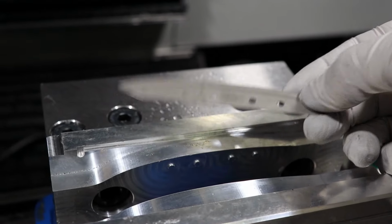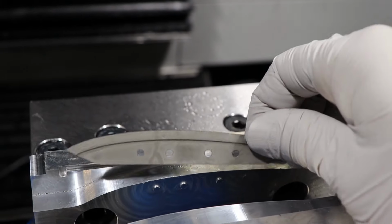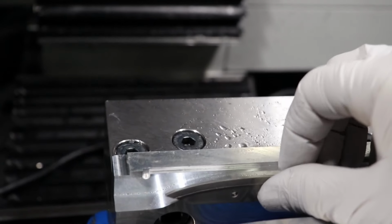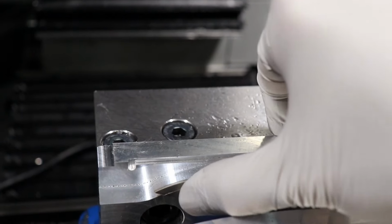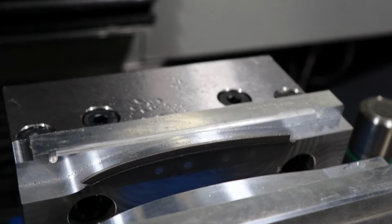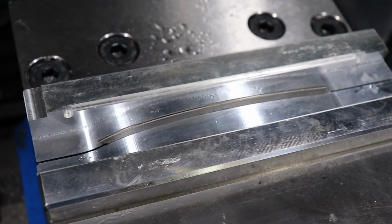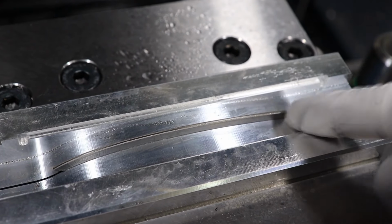Alright, just got this sanded, just took off that little excess tab on the back. I want to hold it vertically in these vise jaws, so I've got these little holes in it, and they line up with the pins that I machined into that, like so. They're just a little bit shorter than the piece is thick, and I can come in with the other jaw. Now it's clamped in and it's supported all the way up to the area that I need to